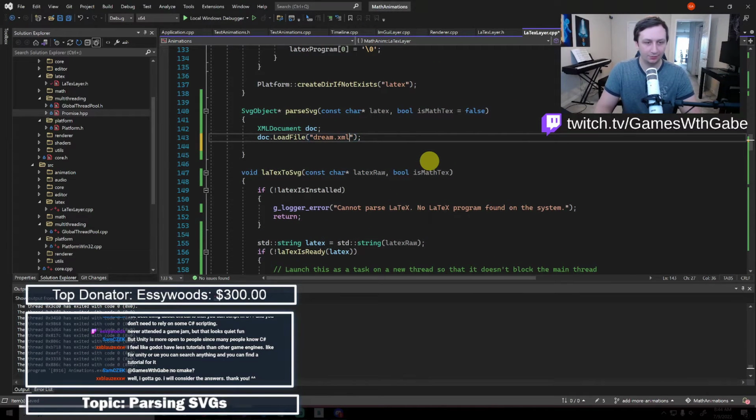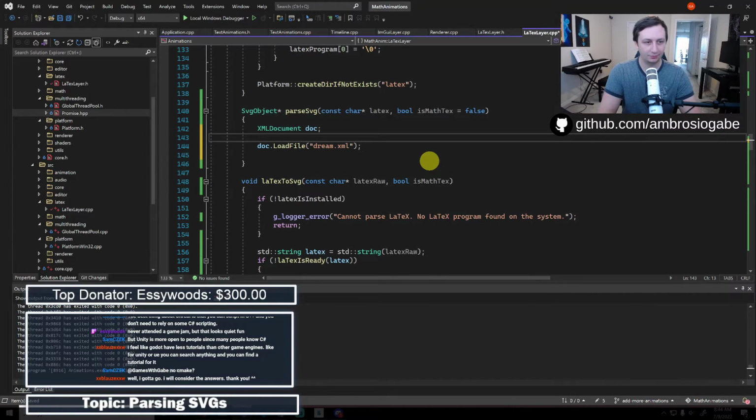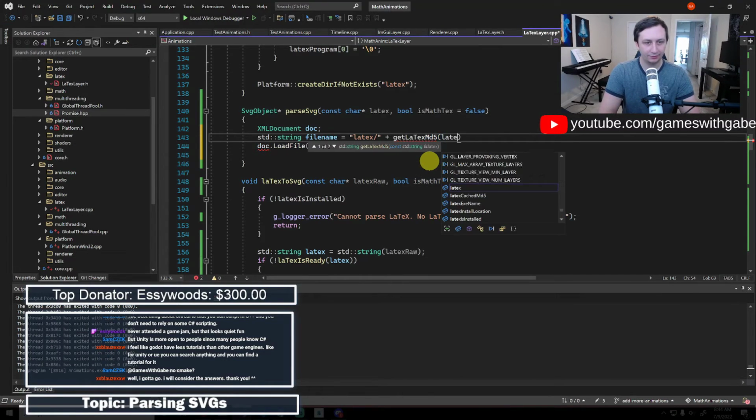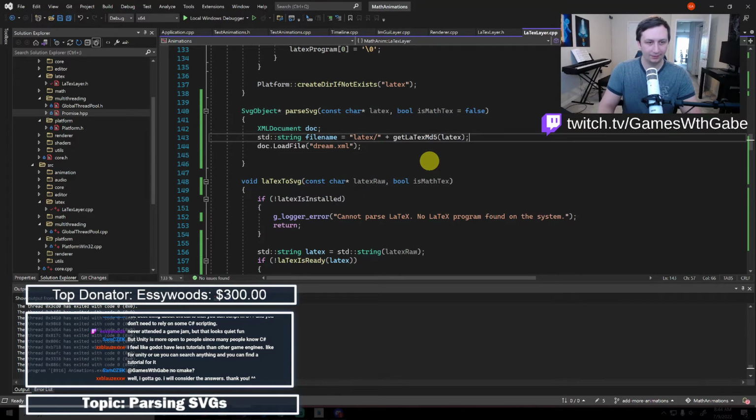We're not loading Dream though. We are loading, let's see. We want to get string get MD5, or I guess we'll just say file name equals latex / plus get MD5 of that. And I might have to do plus .svg. Okay, we'll just do that.